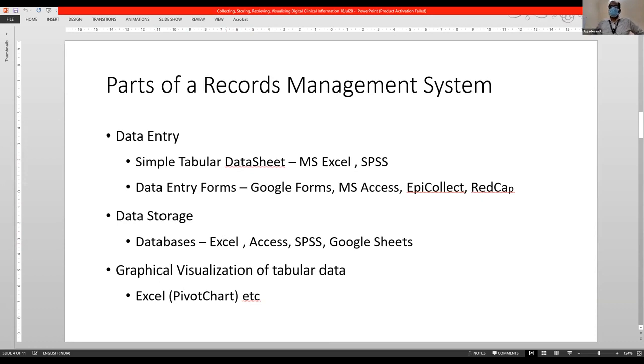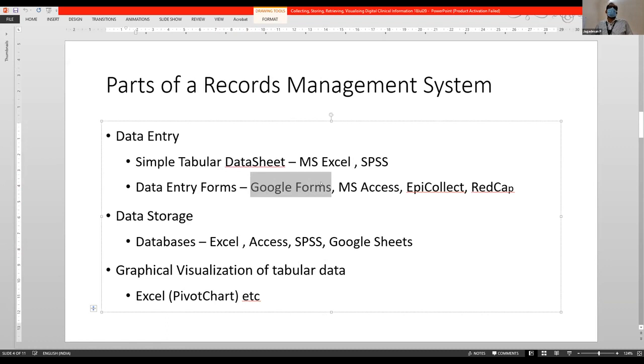Traditionally, filling things in Excel, we can fill probably a two-worded line, or at the maximum some 5 to 10 words. But if you want to enter more than 10 words, it becomes very difficult to enter into the Excel tabular format. So that is where we need a specific form where we can fill it with large boxes. Such forms are already available if you have used Google Forms. In fact, you can go to forms.google.com, create a Google form, put up the questions, and you can even compile it in the form of a Google Sheet, which you can use later for analysis. That's one way of doing it, and that's even available online.